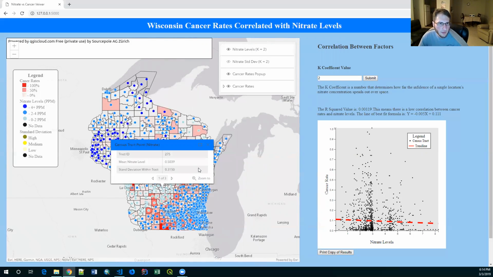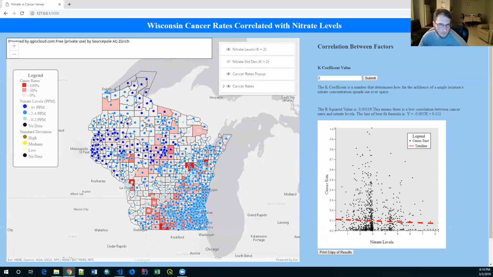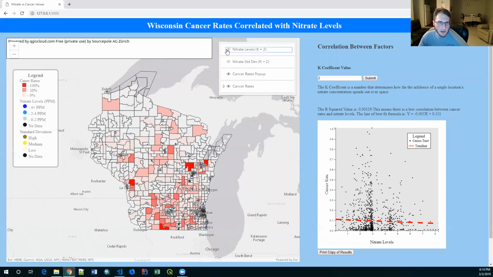And as you can see, there are respective pop-ups that show the tract ID, the nitrate level, and the standard deviation of nitrate within that census tract. In addition to this estimated nitrate level, we also have a standard deviation of nitrate within the tract layer, also symbolized as points. And in a similar nature,